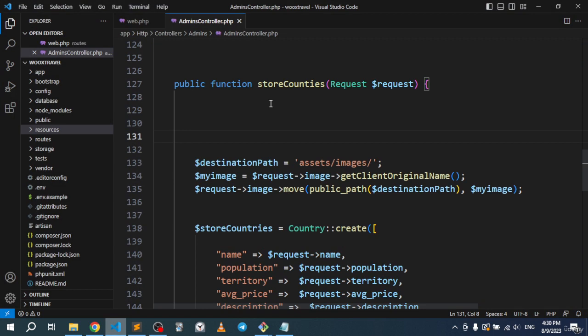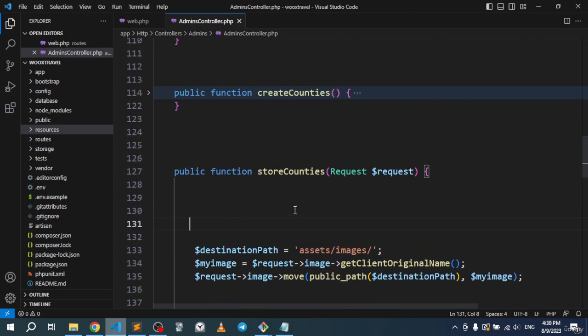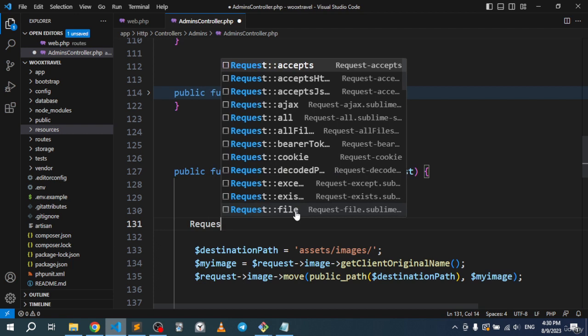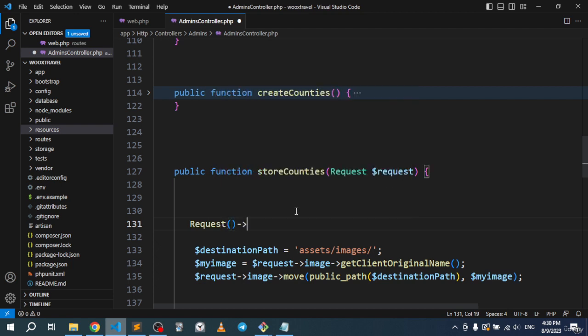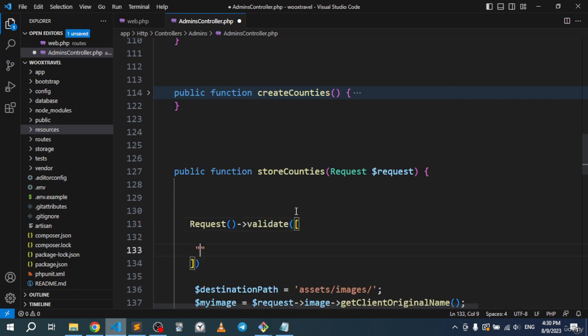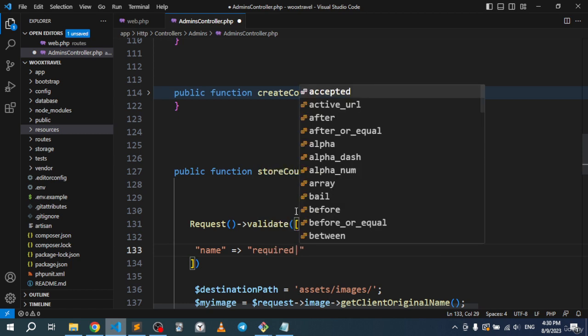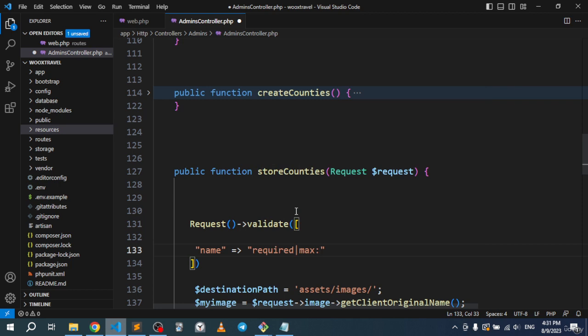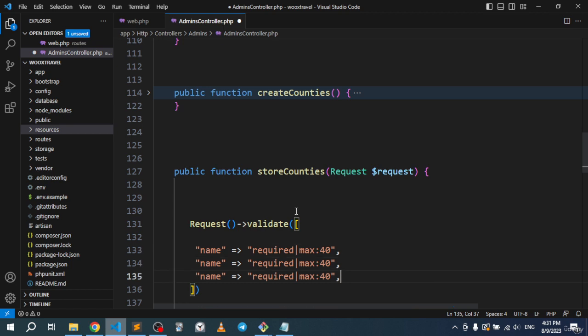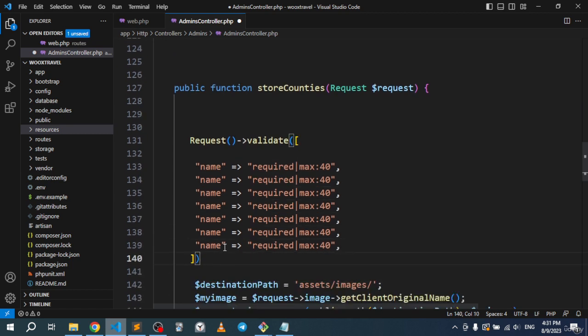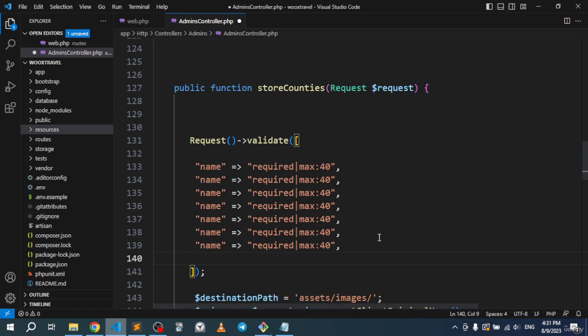All right, so if you go to your store countries right here, you can just go request like this, and you can go validate like that, and you can simply open up some kind of array, and type the name of your input right here that you want to validate, and write in your validation right here. So we're gonna make this required, and for example we're gonna make it a maximum of 40 characters, and that's just for the name. All right, we can also validate the other inputs like this. So we have, for example,